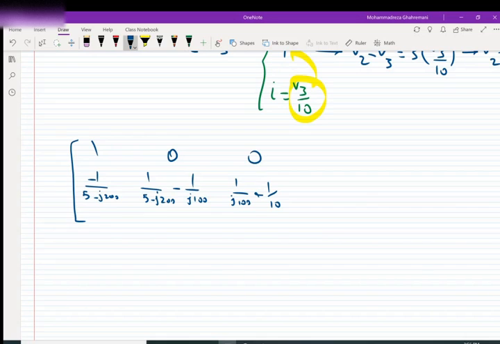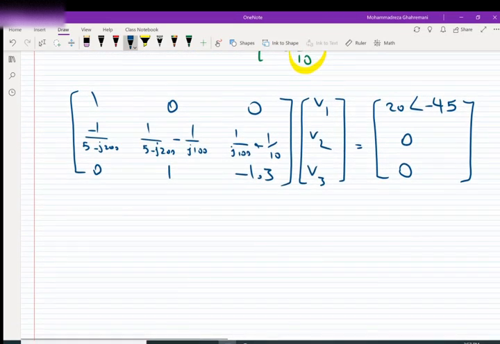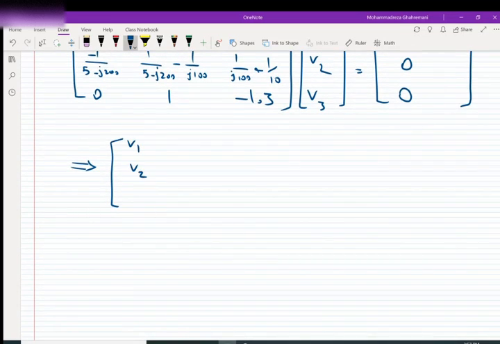Okay. The third row is 0, 1, negative 1.3 times V1, V2, V3 is equal to 20 with the angle of negative 45, 0, 0. And as a result, V1, V2, V3 are equal to 20 with the angle of negative 45,